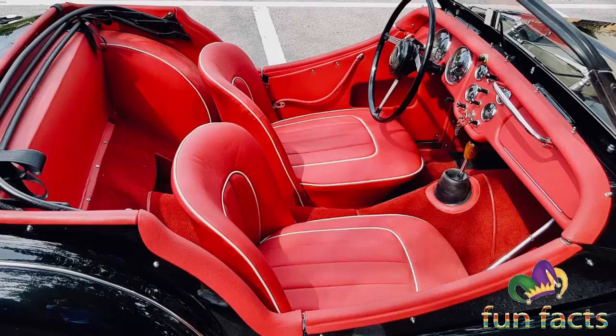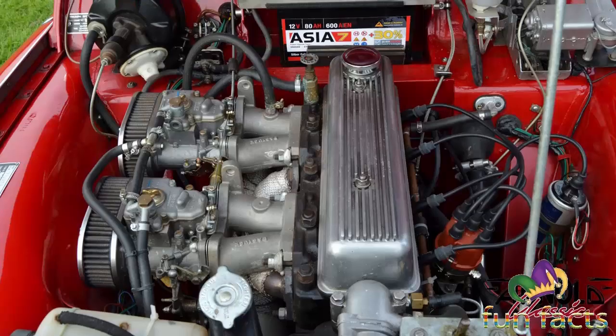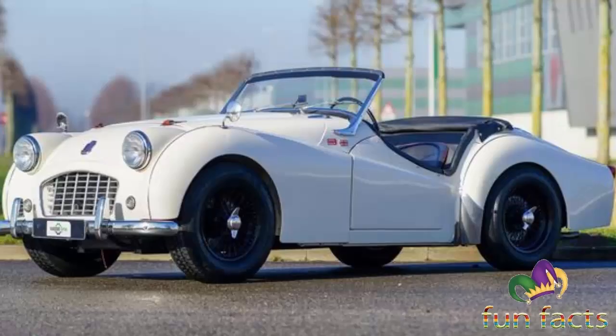Okay, performance. The hardtop car with overdrive, tested by British magazine The Motor in 1956, had a top speed of 105.3 miles per hour and could accelerate from 0 to 60 in 10.8 seconds. A fuel consumption of 27.1 miles per imperial gallon was recorded, and the test car cost